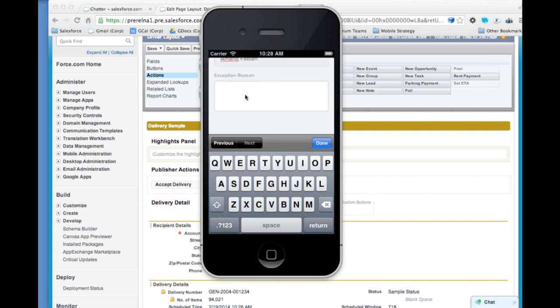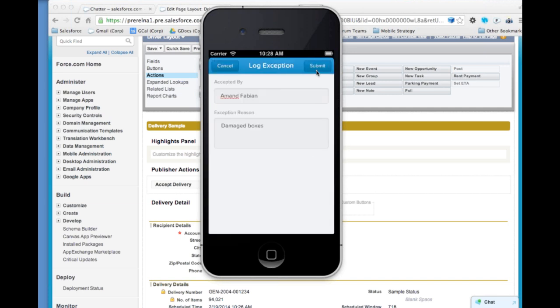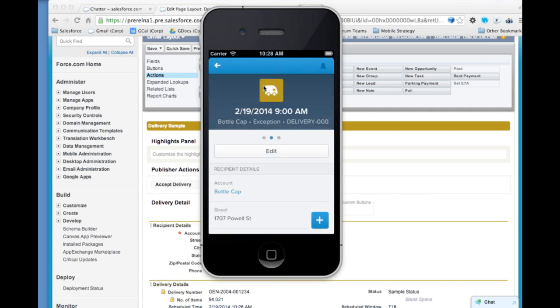And the reason was damaged boxes. And we'll submit that. We can see we get a little toaster saying our log exception was performed. The other thing that we can see here